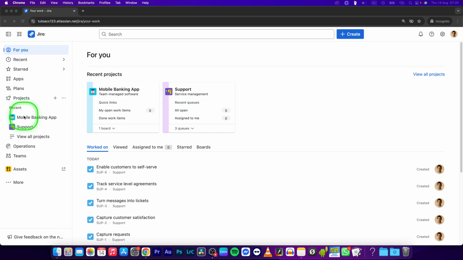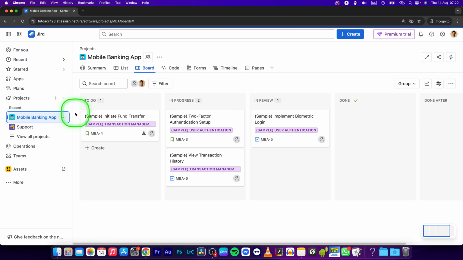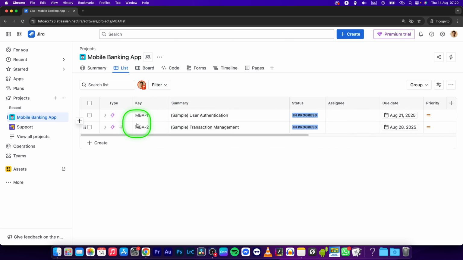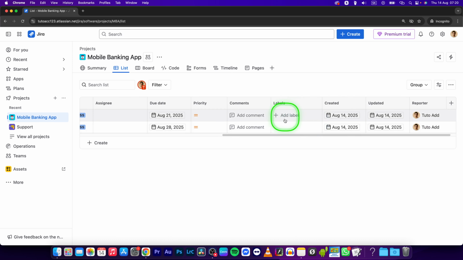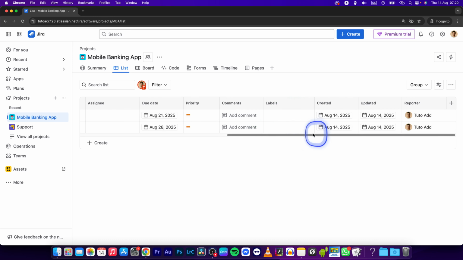So first thing is to go right here to the project where you want to add your labels. Now go to the list view, and in the list view you should see all of your tasks. So go all the way to the right until you see labels right here. You can click on add a label, but if you don't see labels, just click on right here to add